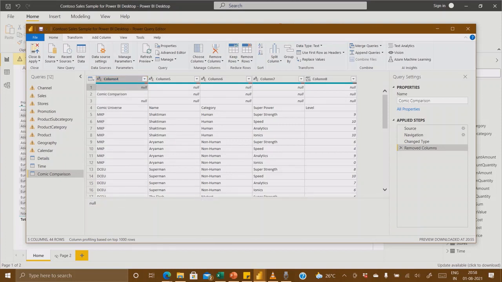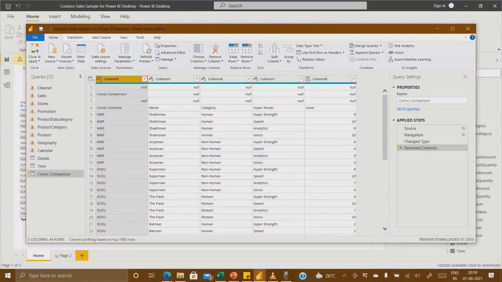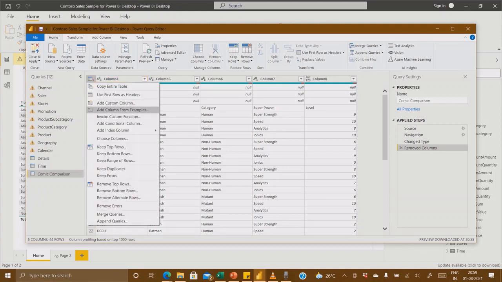Okay, now I also do not want these first 3 rows as well, right? Because this is nothing, we don't want it, this is redundant. So I will click here.